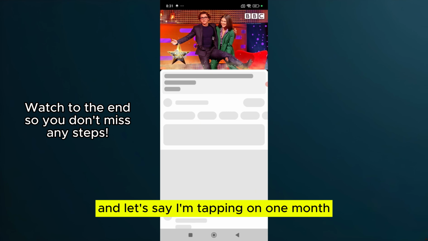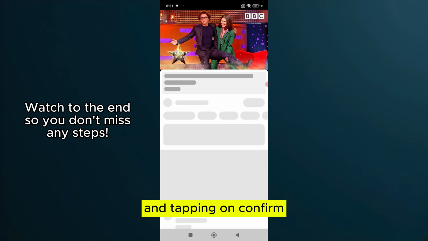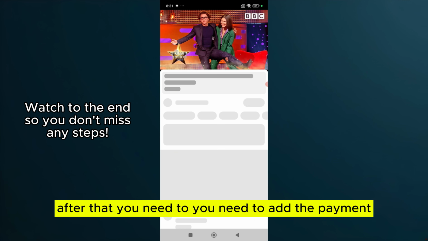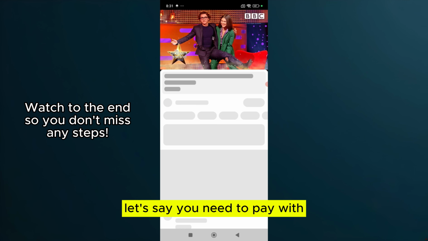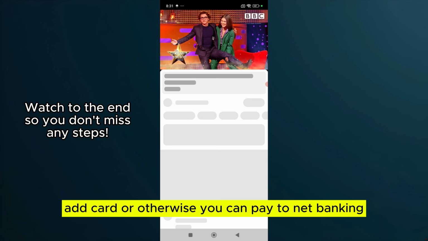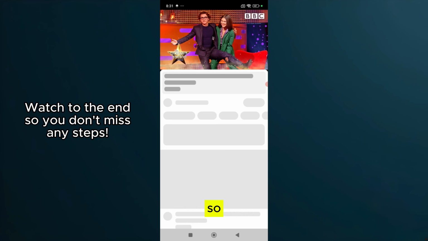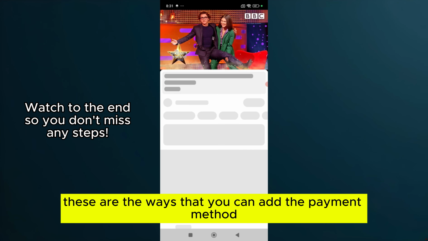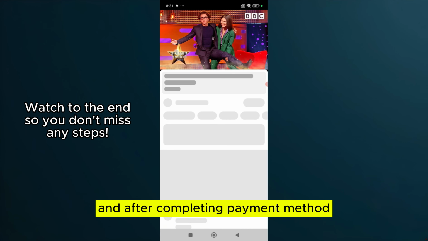Let's say I'm tapping on 1 month and tapping on confirm. After that, you need to add the payment. You can pay with UPI, or otherwise add a card, or otherwise you can pay with net banking. So these are the ways that you can add the payment method,